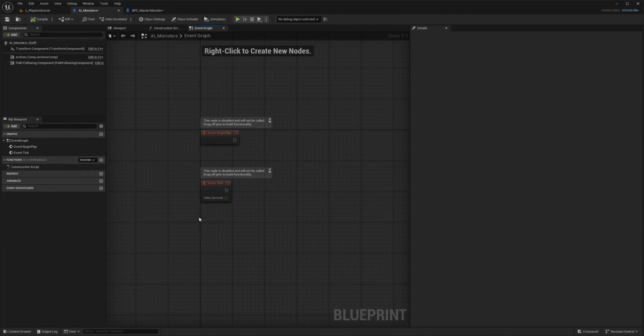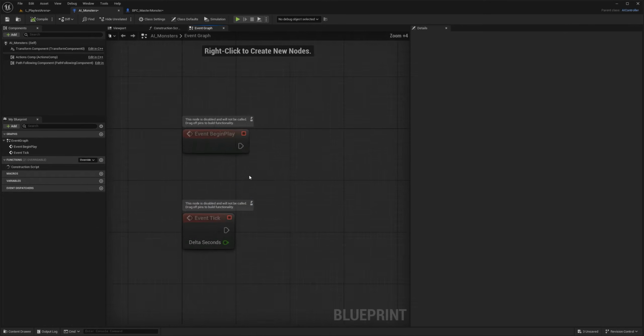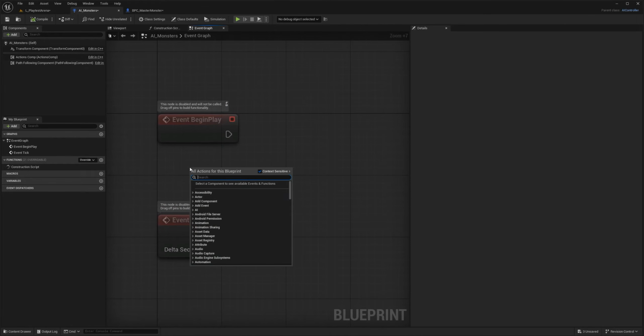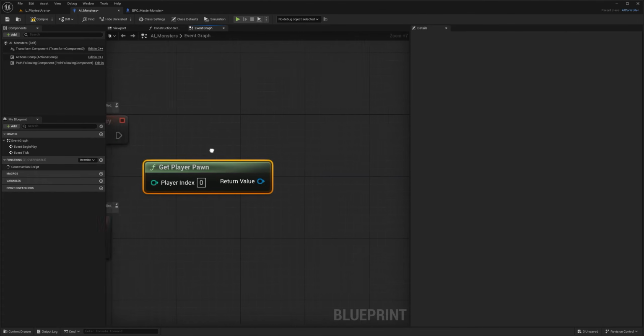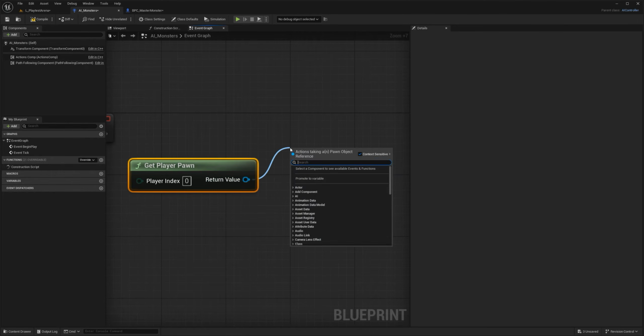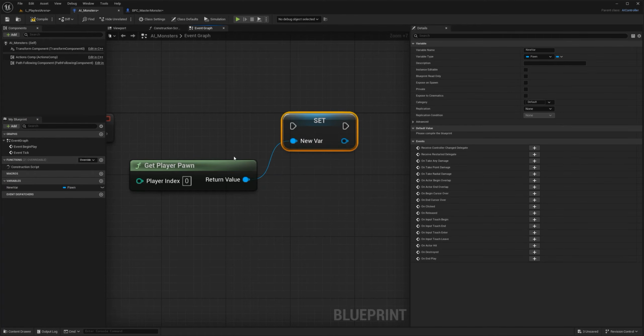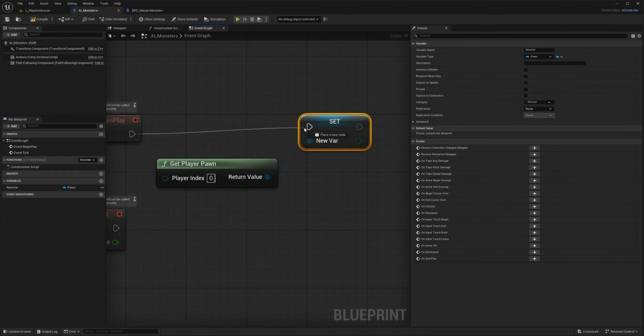So let's do that. We used this one before, and that's essentially getting the player position, get player pawn. And what I can do is in the return value, I can just promote to a variable. I'm going to rename that player.